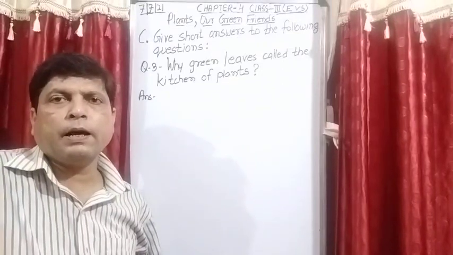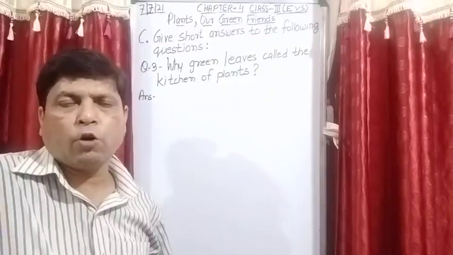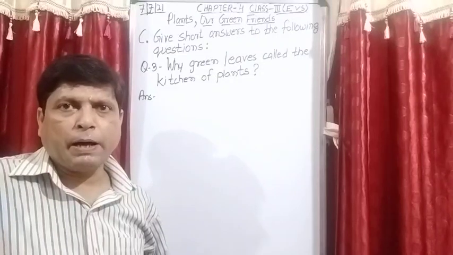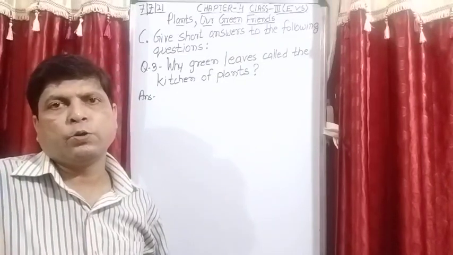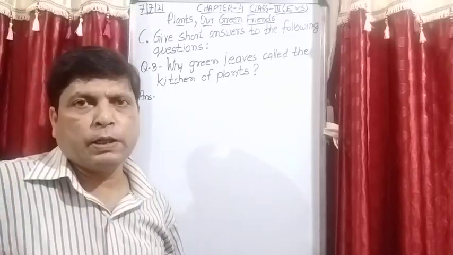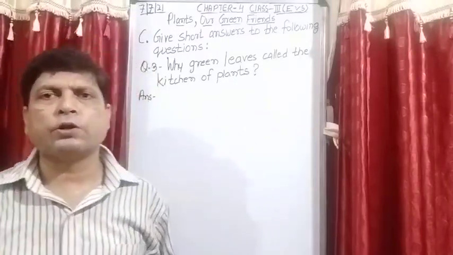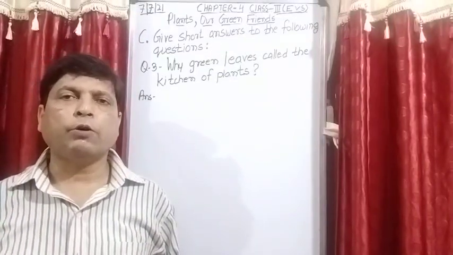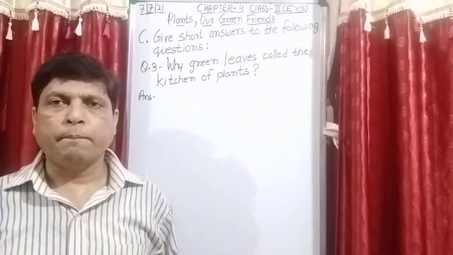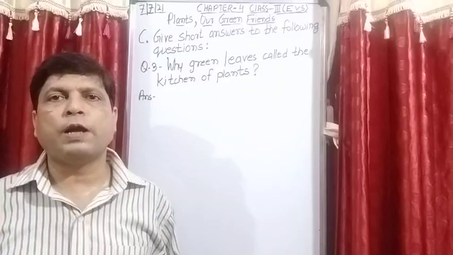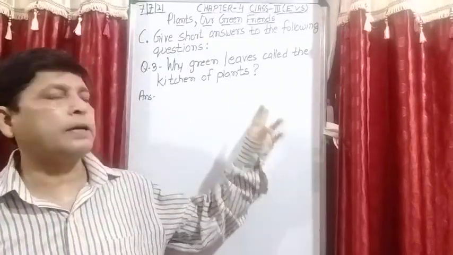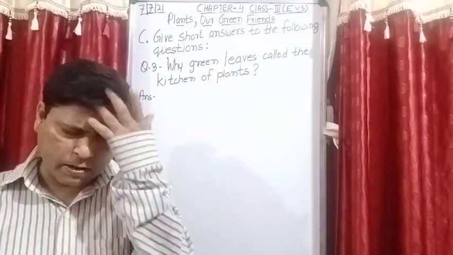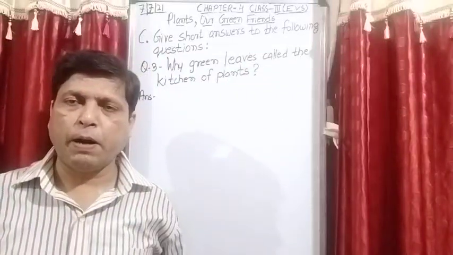So in this manner, air, meaning carbon dioxide, water and sunlight are all used by the plant for preparing the food. Plants prepare their food in the presence of sunlight, air, water and carbon dioxide. This whole process is known as photosynthesis. And the part of the plant which prepares the food is the leaves. So that is the reason leaves are known as the kitchen of the plant, or you can say the food factory of the plant.